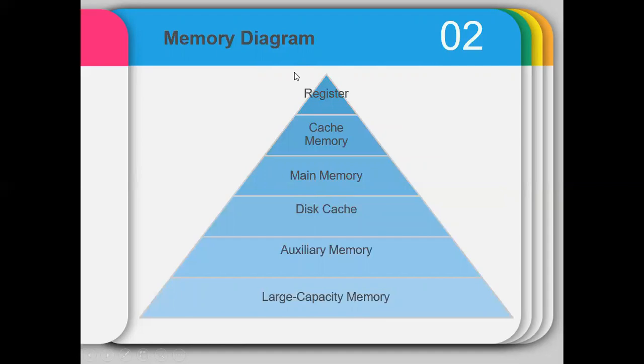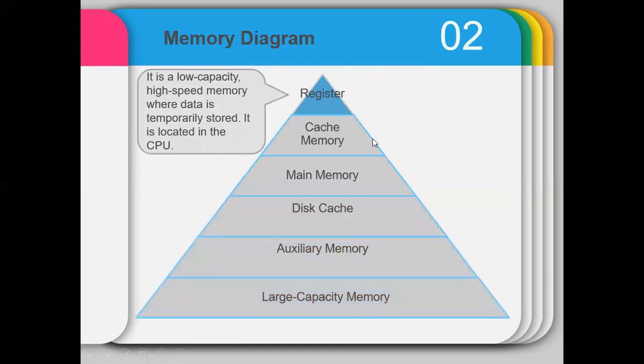So first we will see what are registers. A register is a low capacity, high speed memory where data is stored temporarily within the CPU. As we know, the CPU is the central processing unit, which is nothing but the brain of your computer. So of course, for multitasking we need a temporary storage. For that we are using registers, since they are high speed, which reside inside the CPU. It is also one type of memory which is used for temporary storage, right?